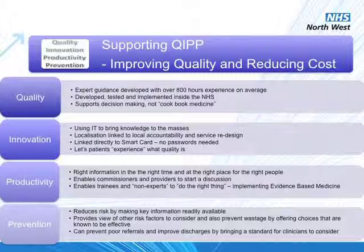What about productivity? Well, instead of us procrastinating over what we might do or not do and not sure what to do, the map helps to direct us, helps to focus our energies and the resources that we've got so that we increase the productivity and we're able to do more with the limited resources that we have. And it is about providing the right information to the right people at the right time and in the right place. It enables commissioners and providers to start that discussion, and most importantly, it also helps trainees who first start,